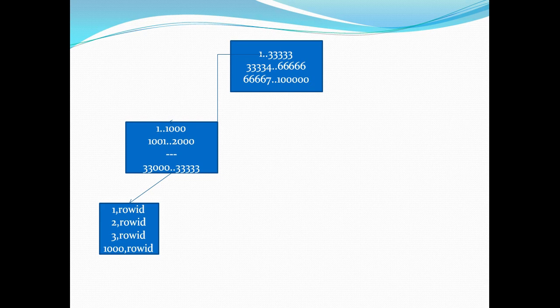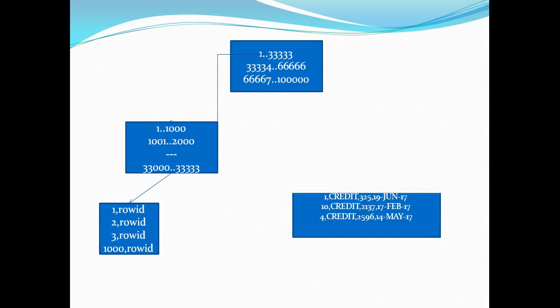But apart from that, when I actually went to get the data from my table, I had to perform a random IO, which is very costly and is considered the slowest. So in order to retrieve the data of a particular row, I had to perform 3 sequential reads, the root block, the next level and the final leaf level, and after that I had to perform a random IO in order to get the data from the block.